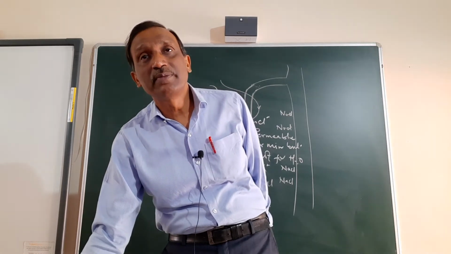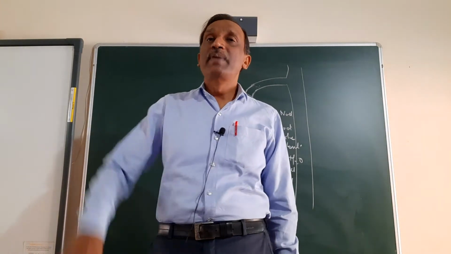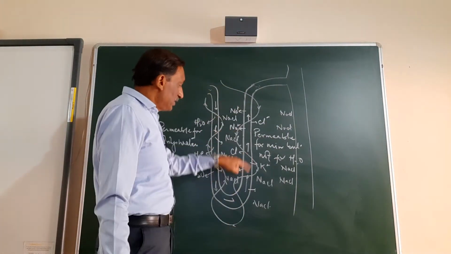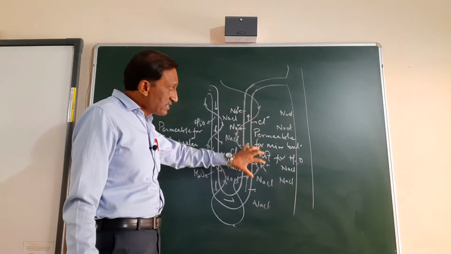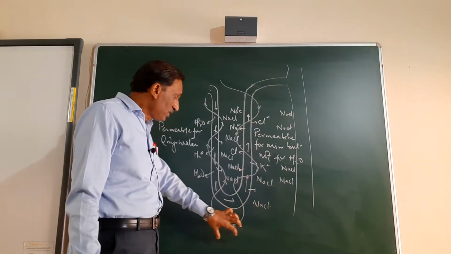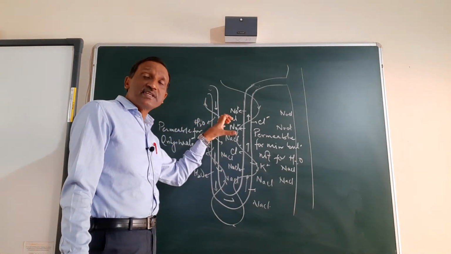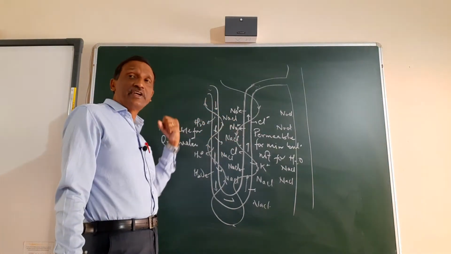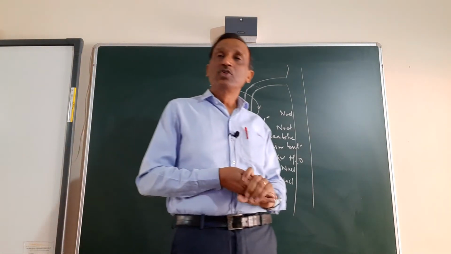Why is it losing water? Because the interstitium has sodium chloride, plus the vasa recta, which is first going this side and collecting more and more salt, and when it comes here, the blood is more concentrated than the filtrate, so the water will start moving out from the descending arm into the blood.